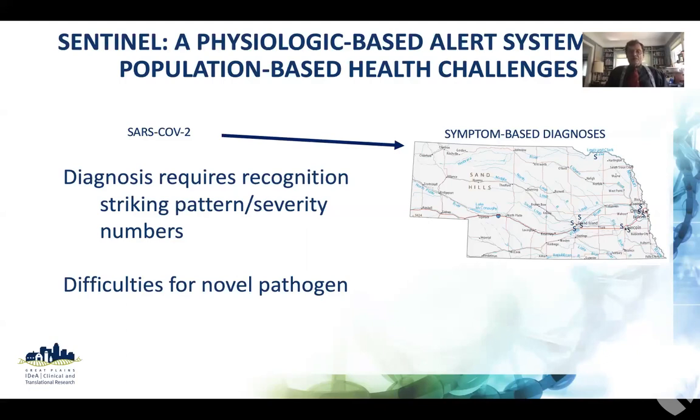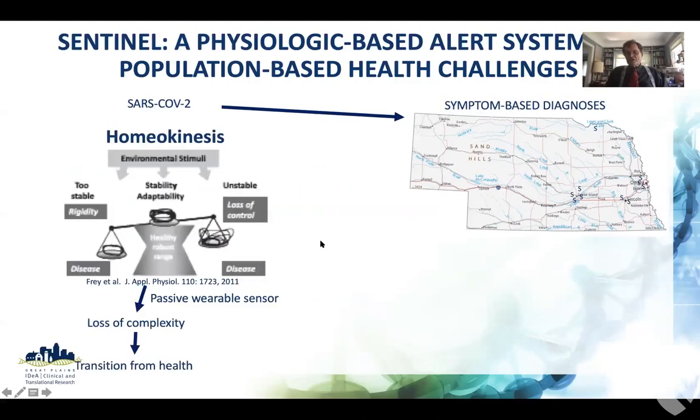Now, the next slide summarizes the approach. In contrast to the map I drew before, our approach takes advantage of a concept called homeokinesis. And Dr. Yentis will introduce this in some detail. But the general concept is that healthy systems are resilient. That is, they have stable adaptability. And transitions from this stable adaptability, either by becoming too rigid or becoming unstable, represent a transition to disease. So our approach was to develop an inexpensive wearable sensor that could detect this transition, for example, through the loss of the complexity and the information in the signals that a sensor could detect, to detect transitions from health to disease. What this would provide for COVID, if you go to the next slide,